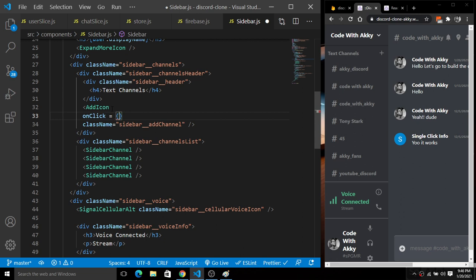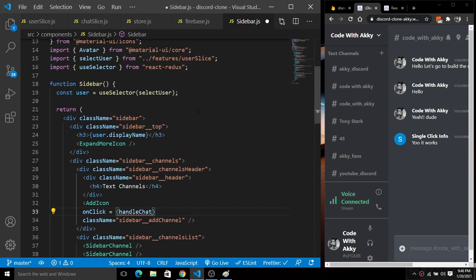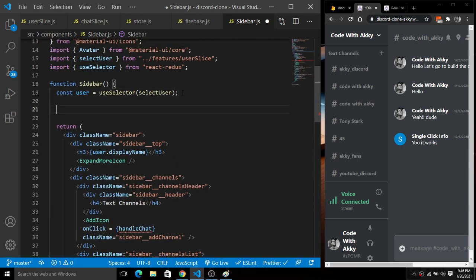So I'm going to create a function with the name of handleChat, just like this. Let's go and create the function first of all here. So inside here, I'm going to simply create a function const handleChat. So the handleChat function will create a chat name here.